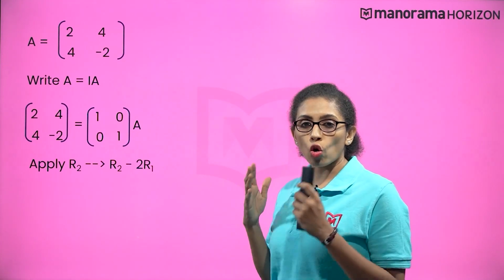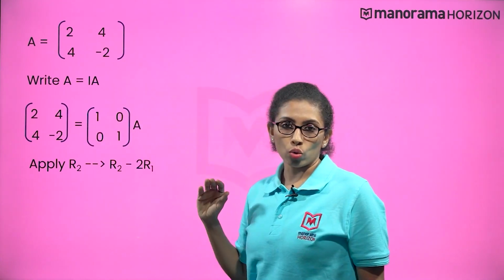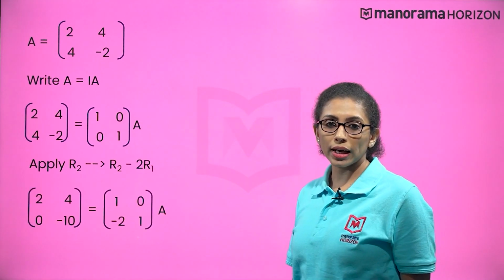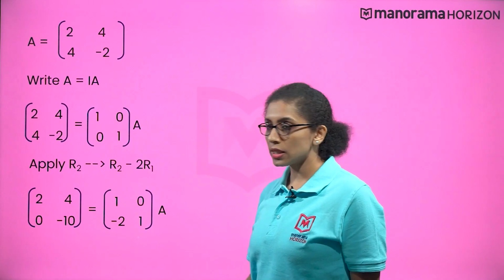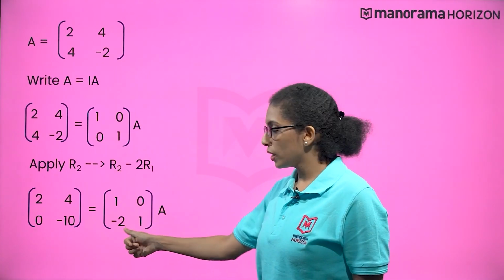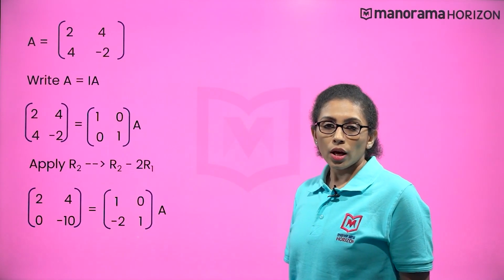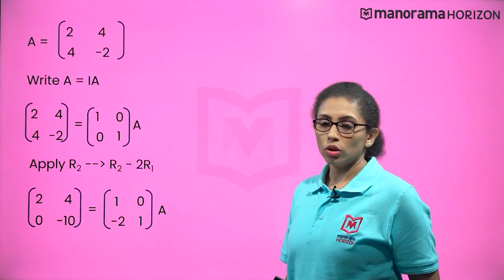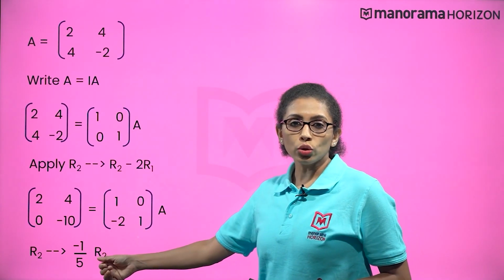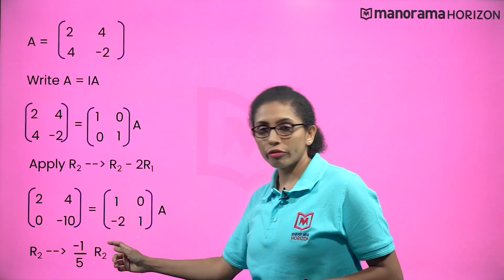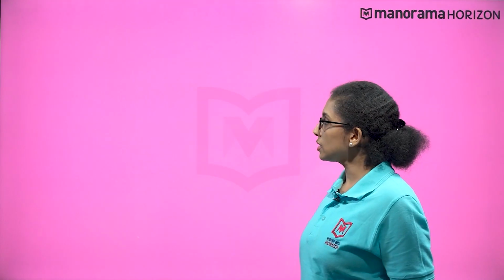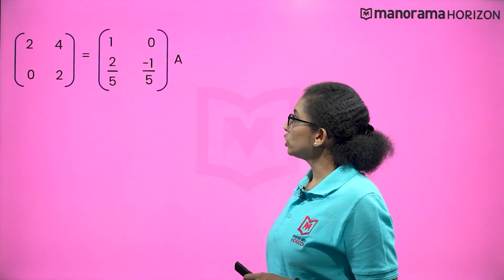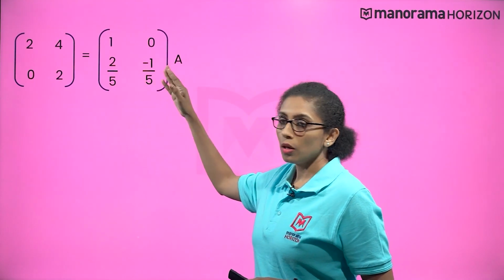So first I apply the row operations on the second row. So R2 becomes R2 minus 2 into R1. So we get [2, 4; 0, -10] is equal to [1, 0; -2, 1] into A. Next row operation apply again on the row number 2. So R2 becomes minus 1 by 5 R2. And the change is [2, 4; 0, 2], which is equal to [1, 0; 2/5, -1/5]